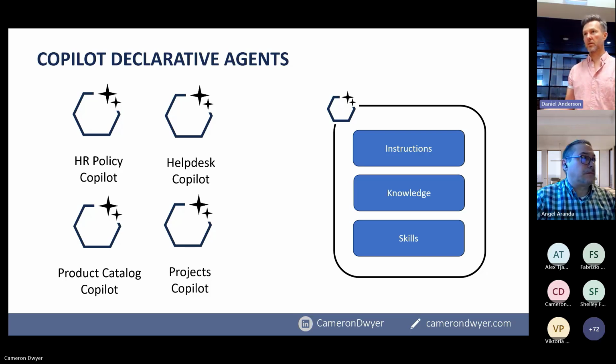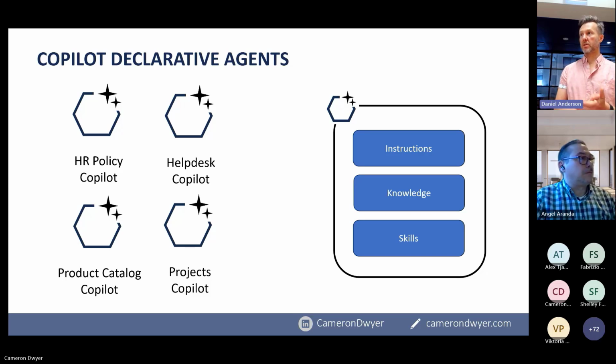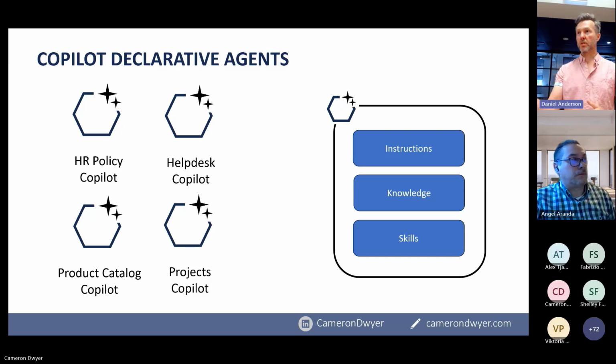Is it going to be helpful or is it going to be annoying? Is it going to be polite or is it going to be rude? What types of things can it answer? That's all to do with the instructions, and we just set that up using natural language, and we'll see that in a minute. But the other things that it brings in is, well, what knowledge is available to this declarative agent and what skills do we give it? And this allows us to actually narrow down more than open up the information. So you can really just point it to three particular documents and say that you're an expert, but I want you to just answer with this narrow set of knowledge.